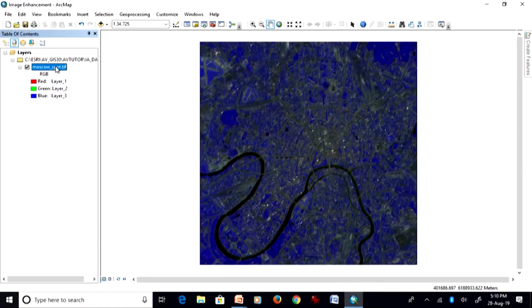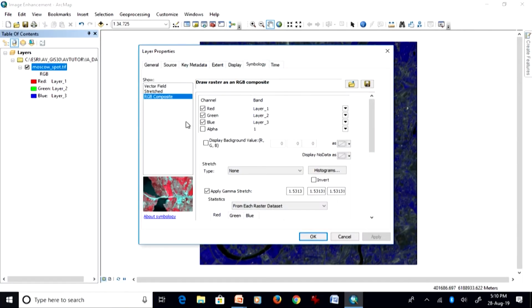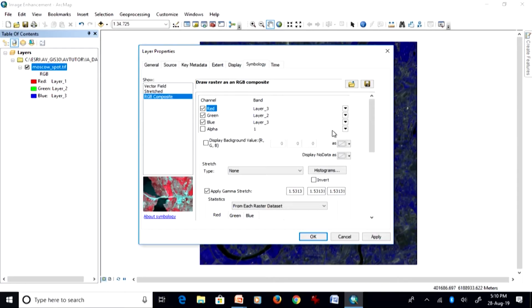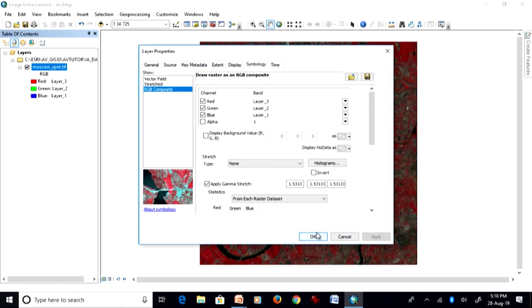So, if the image is already a 3-band multispectral image and it has been prepared by some other software as a false color composite, somehow the software may take band 1 in the red channel, band 2 in the green channel, and band 3 in the blue channel. If this is the scenario, you are not getting a false color composite, though the original image is false color. So, the best thing is to assign band 3, that is the infrared channel, to red, and band 1 to blue and green as it is, and then you get a false color composite.